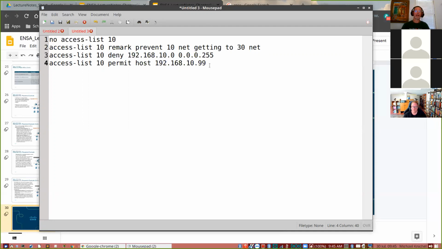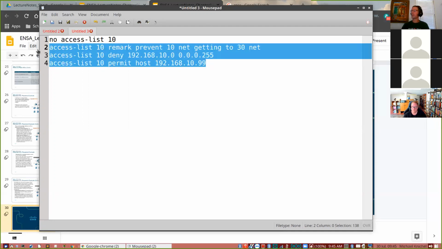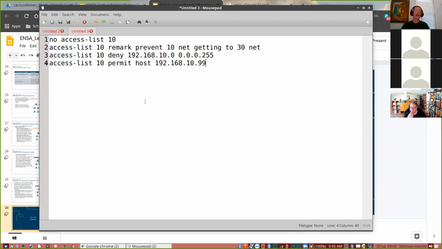So I typed all of this, put it on the router, and ran some tests, and lo and behold, none of the hosts that I'm trying to block can access the 30 net. That's good. Now I try the IT workstation, which is the 10.99, and wait a minute, he can't get there either.